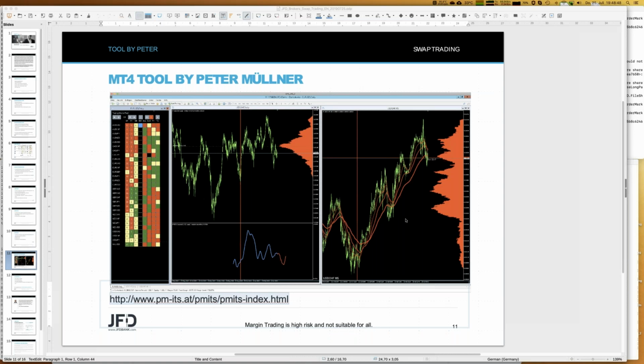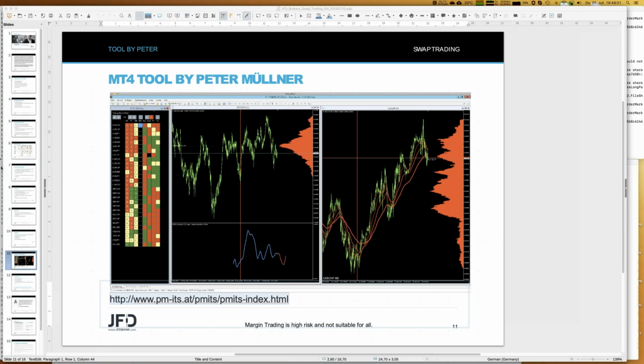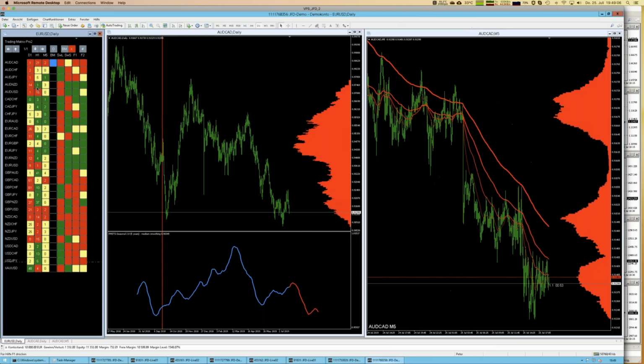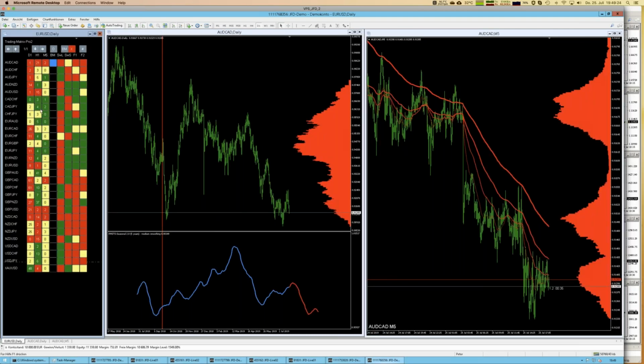As you can see, we have three screens. One is the symbols, one chart screen, and one additional chart screen here as well. But let me explain everything which has been coded by Peter Milner directly within an MT4, so you can see it live in action. We have those three windows. On the left-hand side, we have, so to say, the market watch, all the different symbols, and all symbols which are in the real market watch are now listed here again. Okay, good to know that.